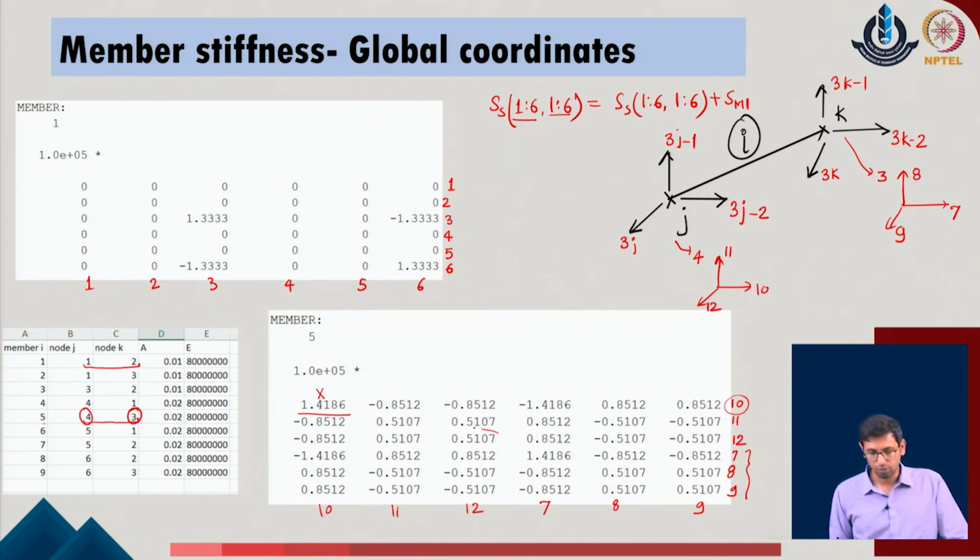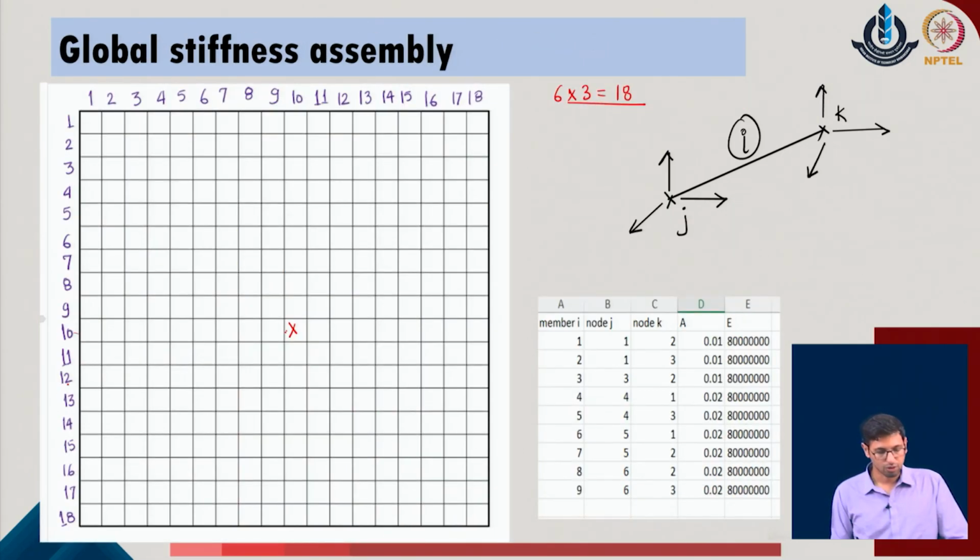If I take some value over here in the given system, I call it y. This value should be located with respect to row number 12 and column number 12 in the given problem, which means that at row 12 and column 12, I must define this value which was located as y. These are the individual values which will be kept there, provided that the existing values are also added on them. It will not be that we remove the previously existing values; whatever value is already there, we add on top of it, and that is how we assemble the overall stiffness matrix of the given system. We do it in a loop where we run it for each member.